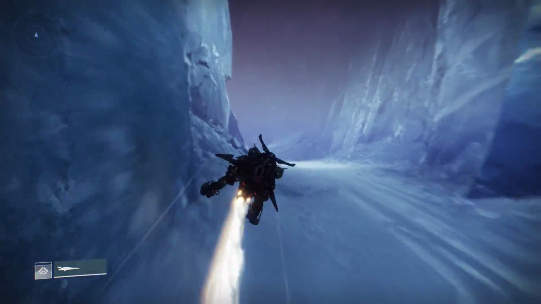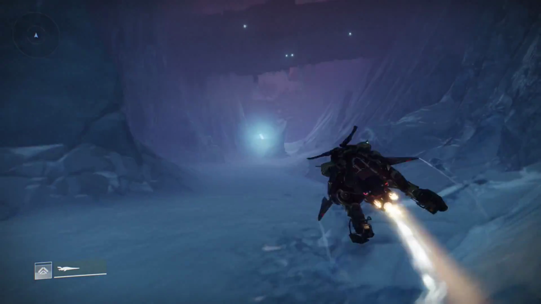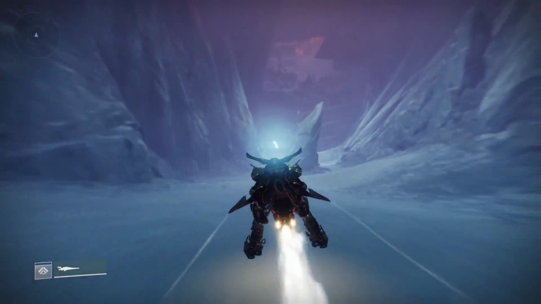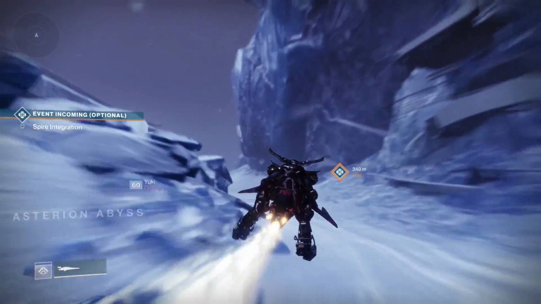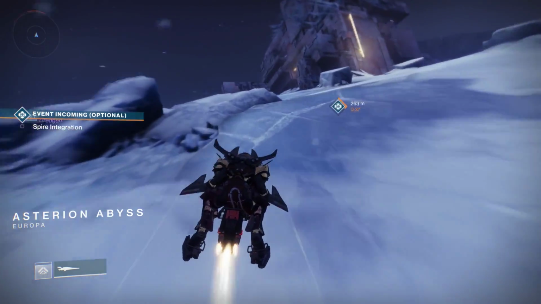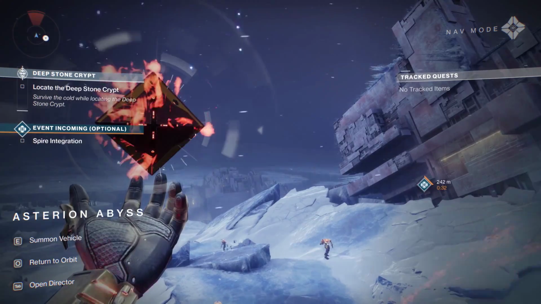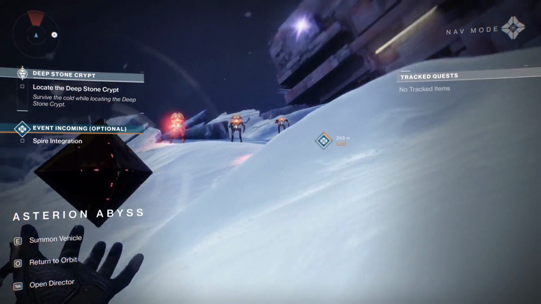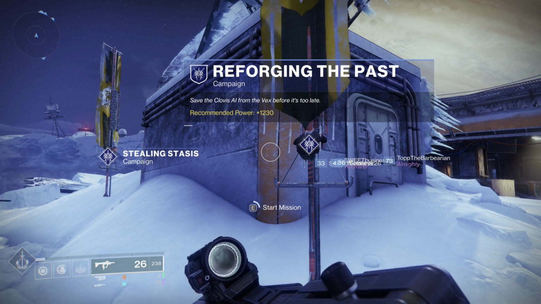You might need to go all the way back to Beyond, which is a privately instanced area. But you can see that I do in fact see someone in patrol here. And a public event during a raid. One interesting thing to note is that the campaign mission that gives you a tank, Reforging the Past, also lets